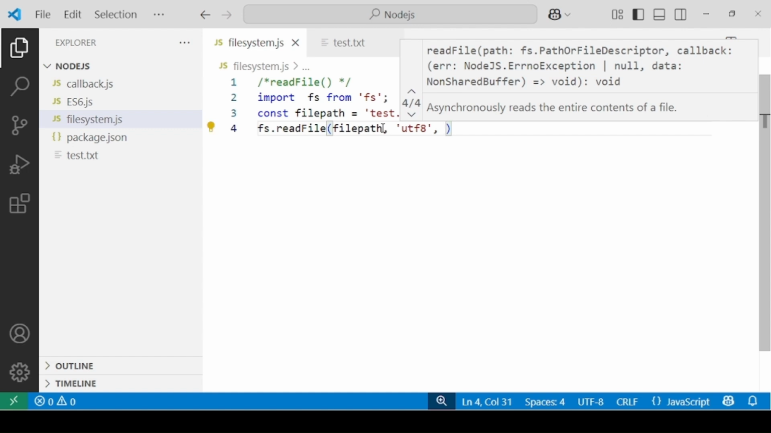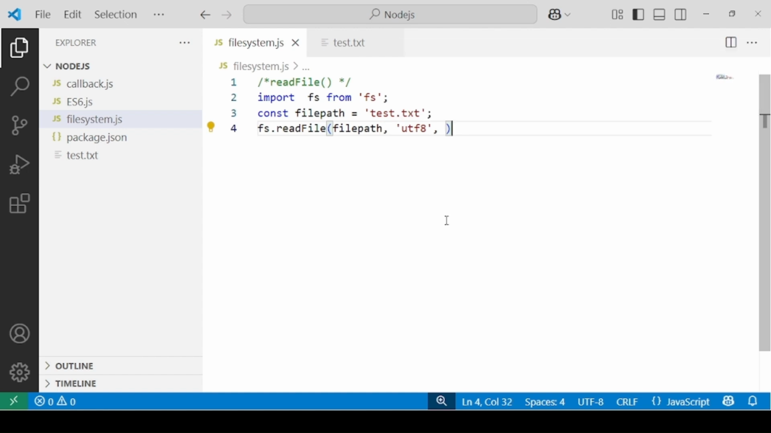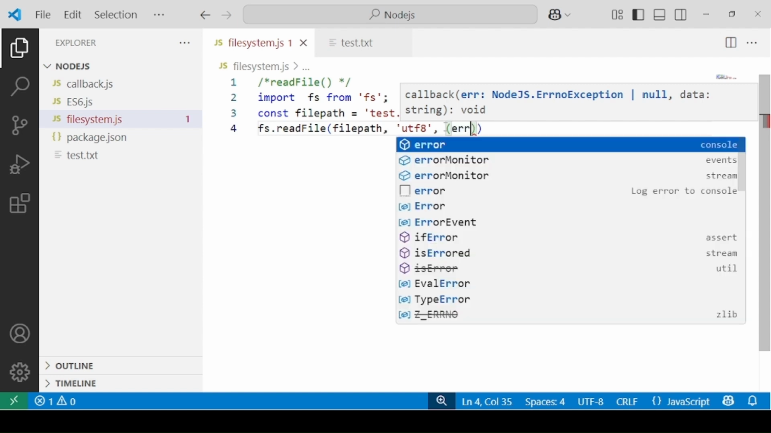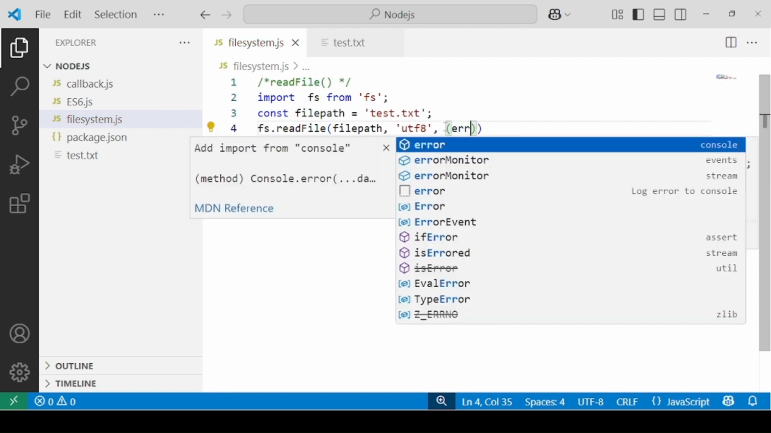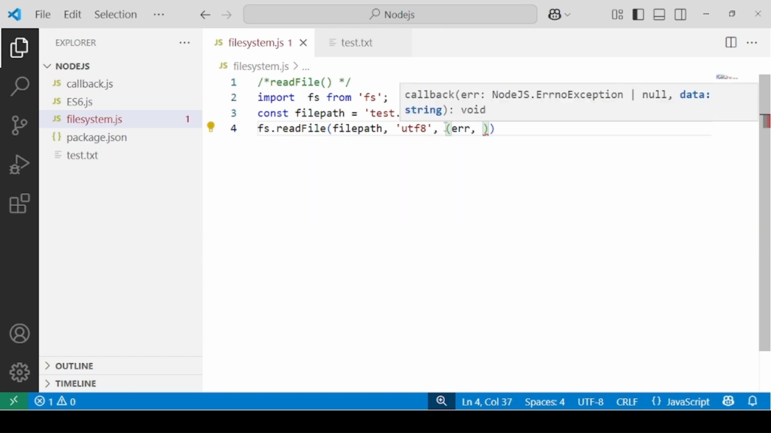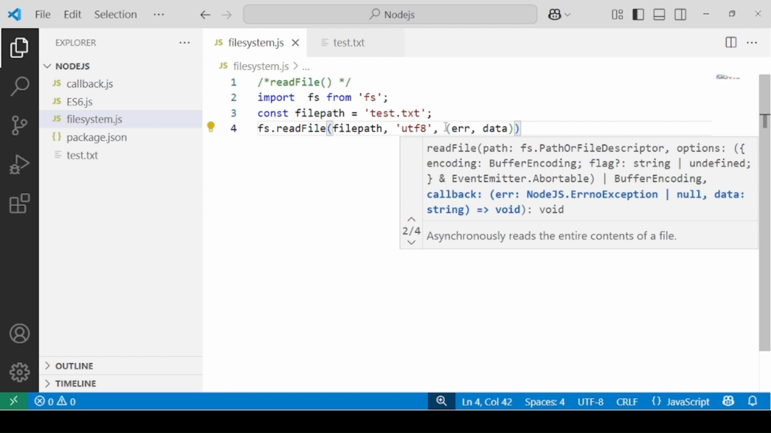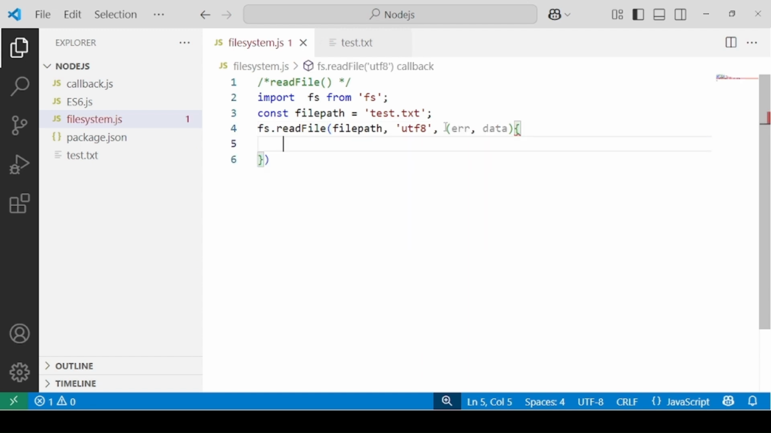And the third parameter will be a callback. Now callback you can specify either as a traditional anonymous function, or you can specify an arrow function. I'm using an arrow function now. First parameter according to the syntax is the error. Second one is the data. Right, now inside this you're going to check that if there is error, then